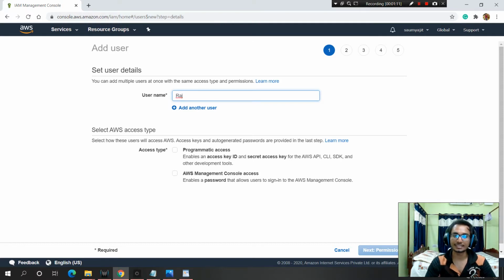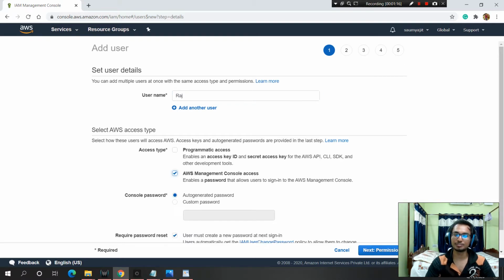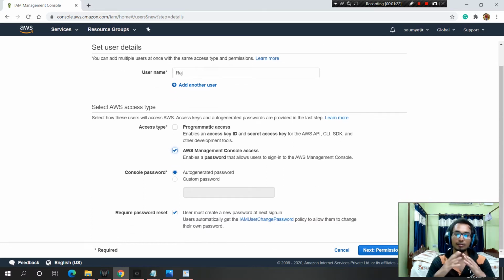Now you can give access type: programmatic access or AWS Management Console access. Let's give AWS Management Console access, which means this IAM access I'm giving. Now two options are there: auto generated password and require password reset, or custom password. In an organization, if you are the administrator, most probably when a new user comes, you create a user, you auto generate the password and send it to that user via email, and on next login the user sets the password according to their needs.